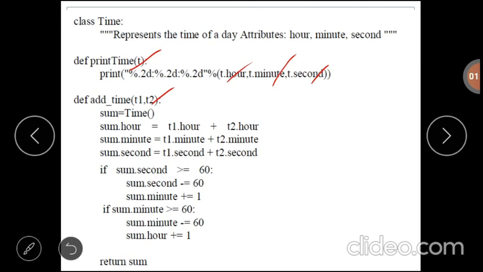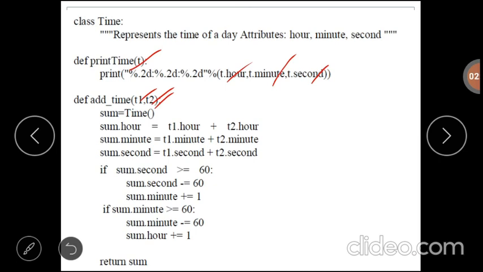The add time function takes two time objects, t1 and t2, and adds their times, that is hours, minutes and seconds. While adding two time objects, it should yield the proper result.